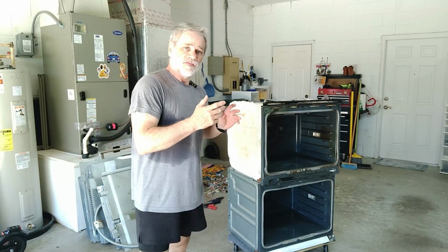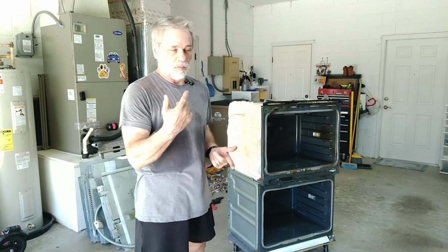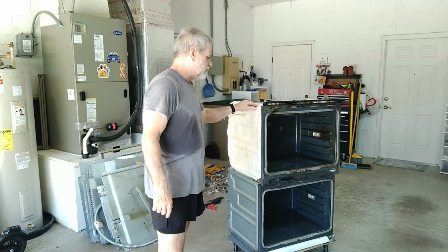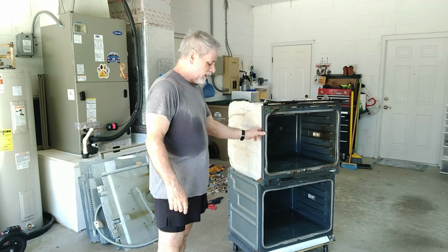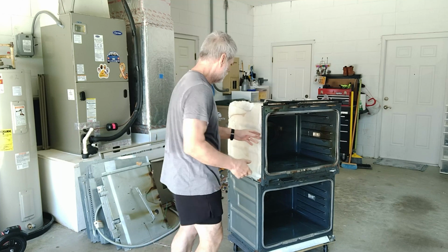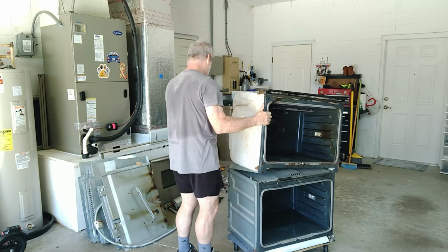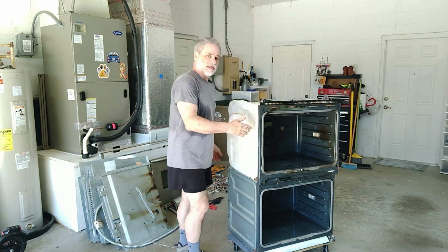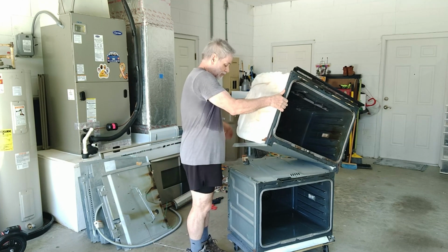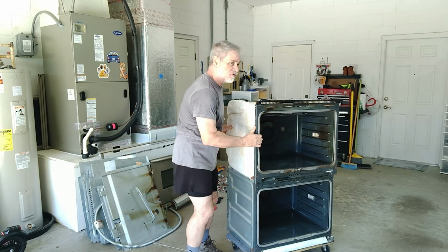Okay, this thing never ceases to shock and amaze, but removing the side panels, the back panel, electrical wires, and even the top made this whole thing a whole lot lighter. And hopefully I don't cut myself to pieces on this. But this is now disconnected. And when I lift this up and you see that piece maybe hanging right here, that is very, very sharp. I need to make sure,